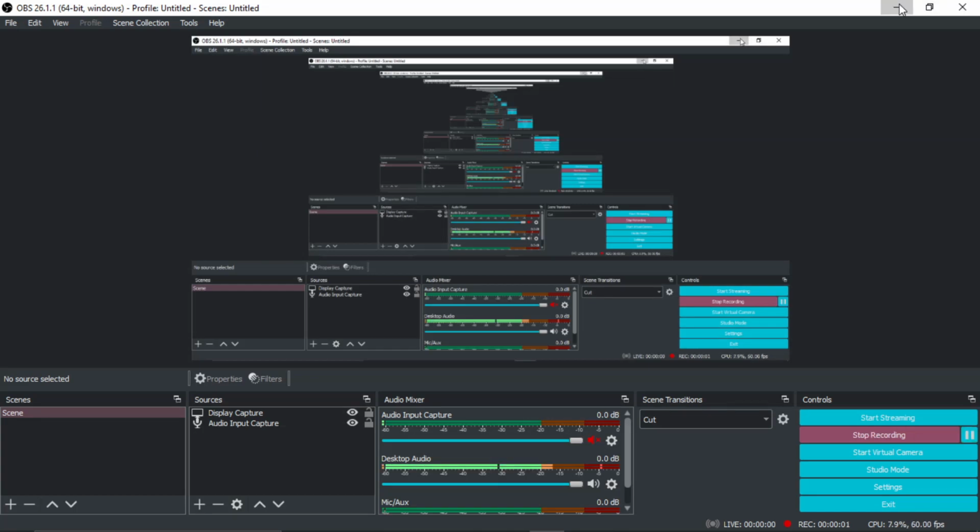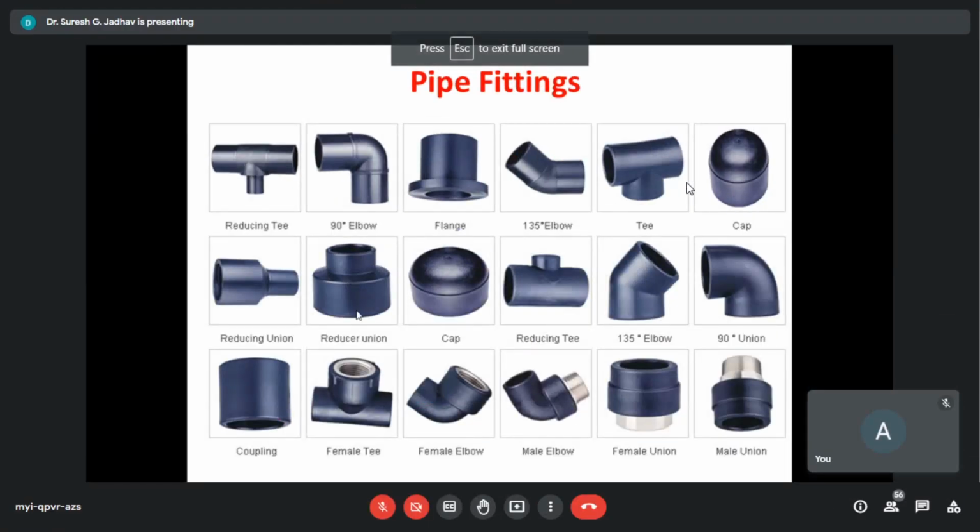Pipes in piping system. Now the next component is the union. See here: union, reducing unions, and there is a female union, male unions, 90-degree unions, and reducer unions. So with the help of this reducer, or reducing pipe size, it has two